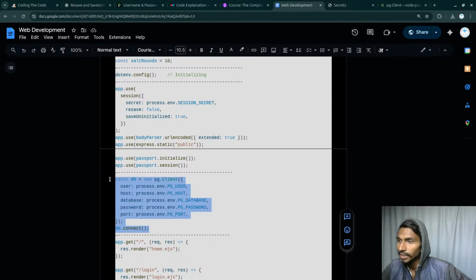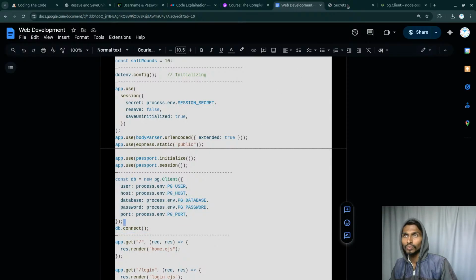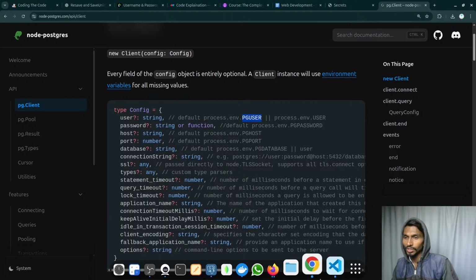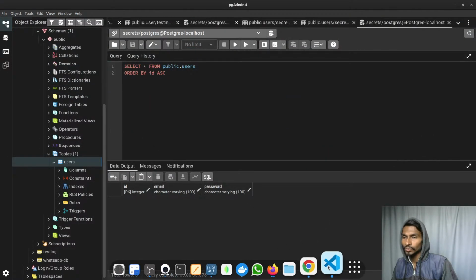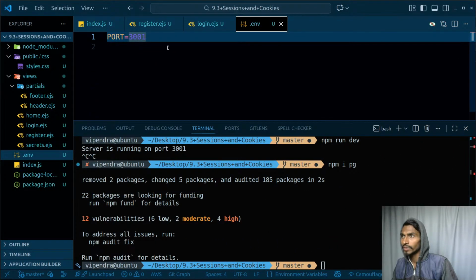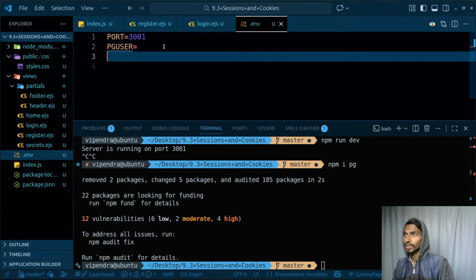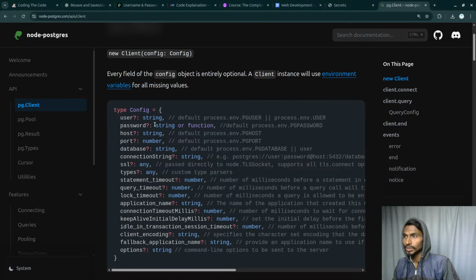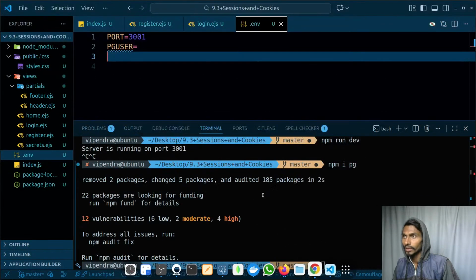The only thing is that I'm specifying the values over here, and as all these fields are optional, it will actually get everything from the environment variable side. So let's copy this thing, pg user. Let's go through this environment variable. pg user is gonna be here. Just after pg user I will have the password, so pg password, control C,